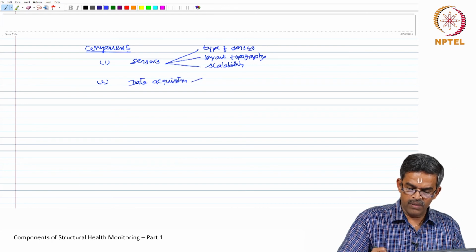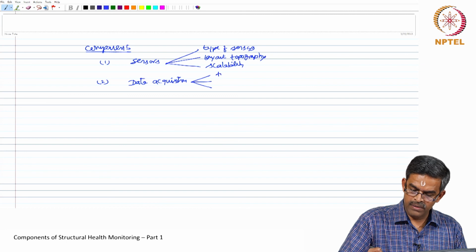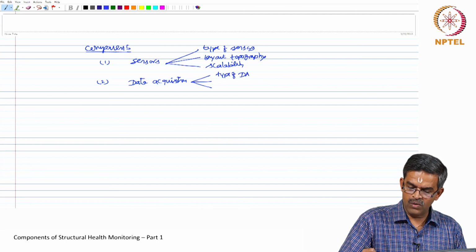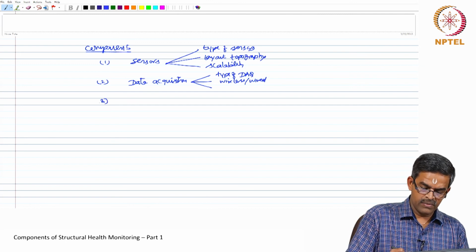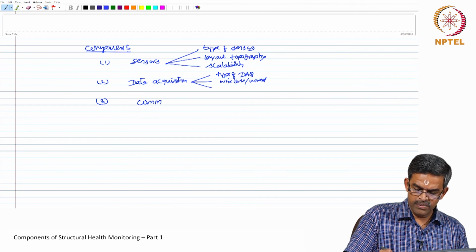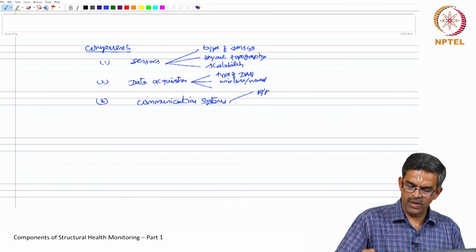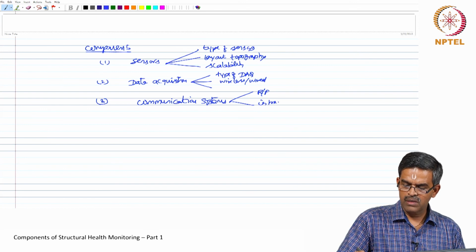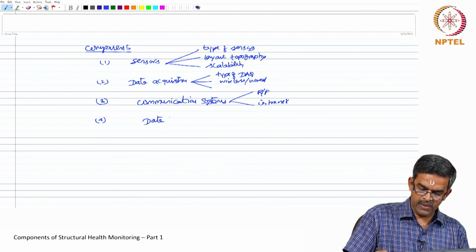which essentially depends upon the type of DAQ being used, whether it is going to handle wireless or wired sensors, etc. The third could be the communication system, which can be using RF frequency or using intranet, etc. Fourth could be the data processing,